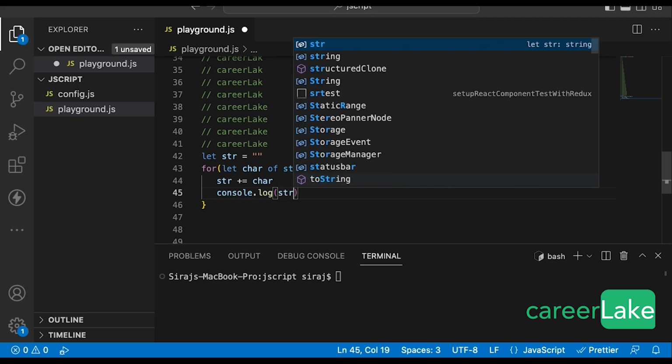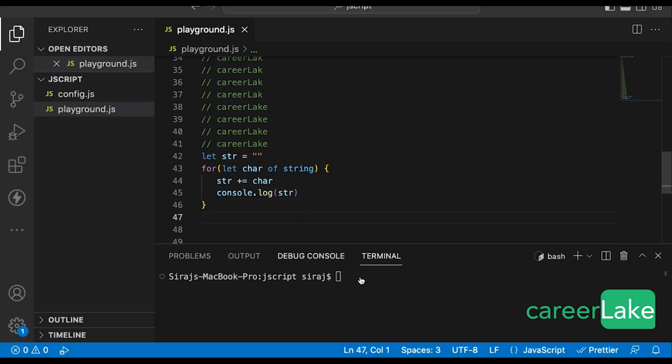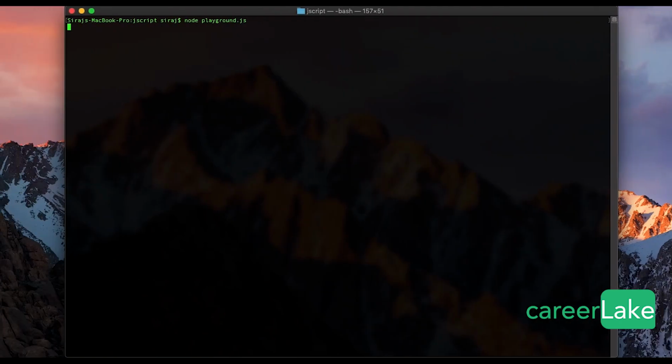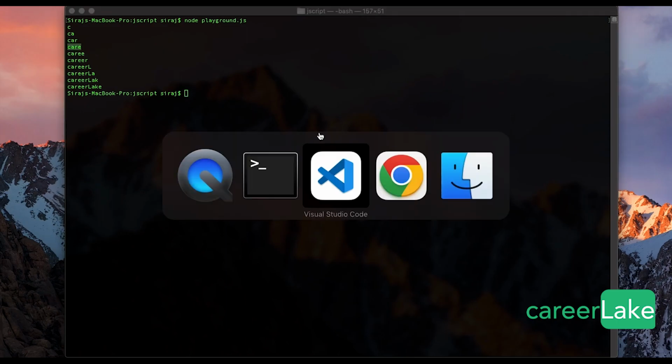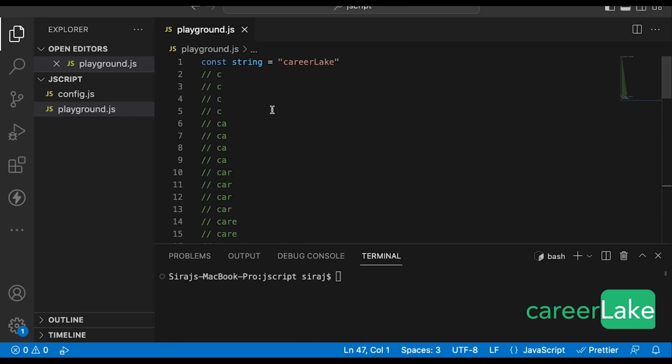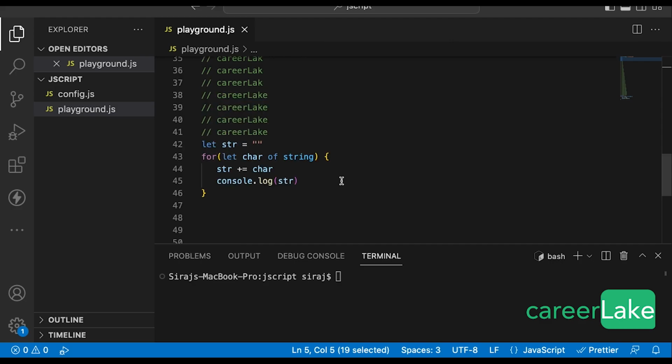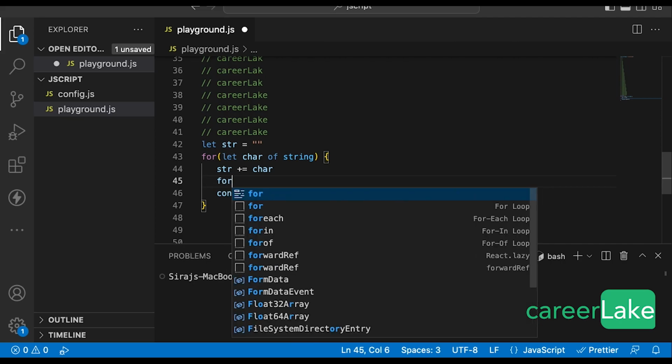code. So let me write this str and the same code. Let me go to terminal and print it over here. You can see it is printing at each time with one character, and I am anticipating to print at least one character 4 times. So for that, what I'll be doing, I'll be wrapping this console with another for loop